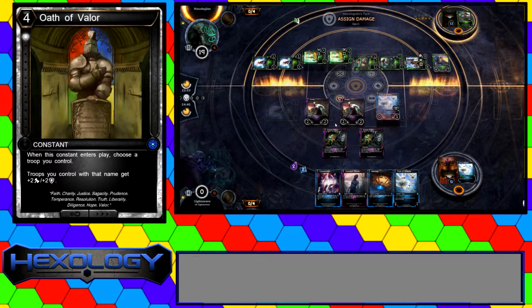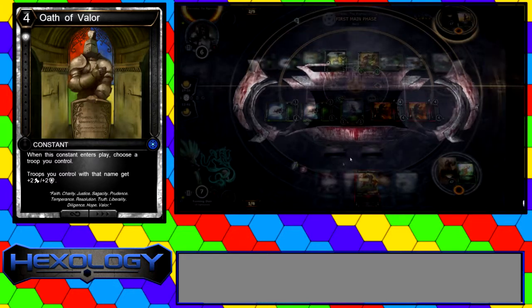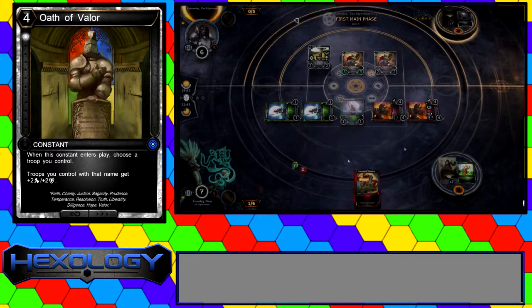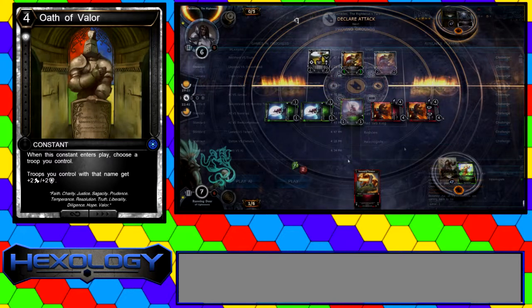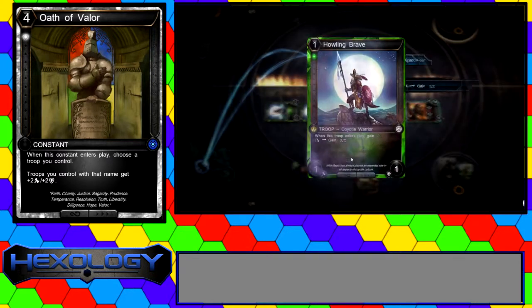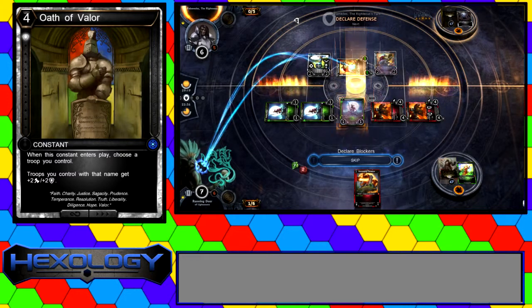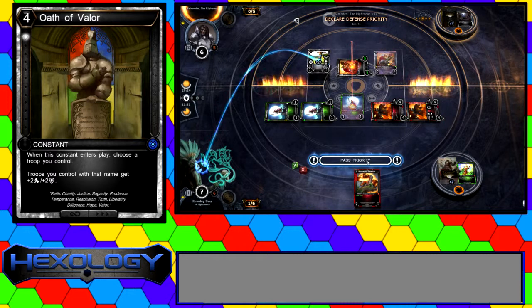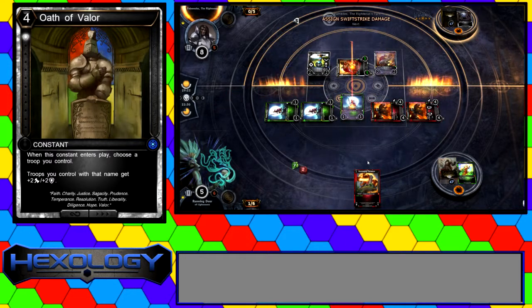It is another constant with a 1 white threshold. It says, when this constant enters play, choose a troop you control. Troops you control with that name get +2/+2. Hello, token decks. Yeah, since there's a lot of cards that can have more than 4 in your deck, that's kind of scary. You green-white Pack Raptors,